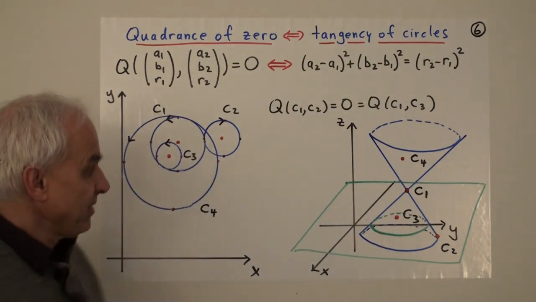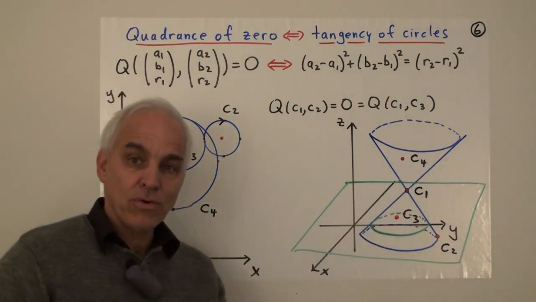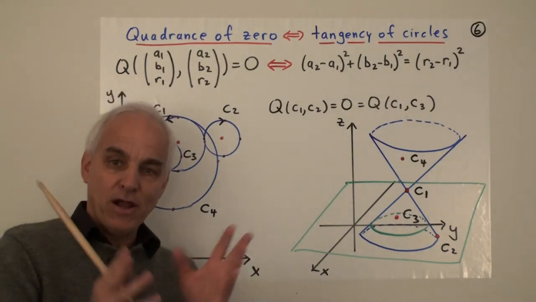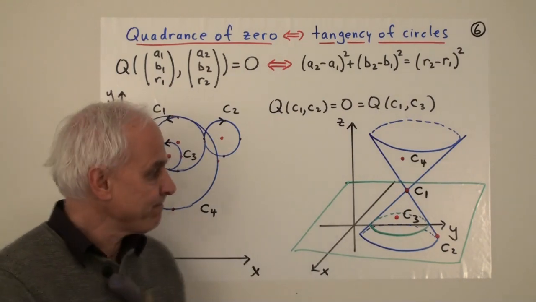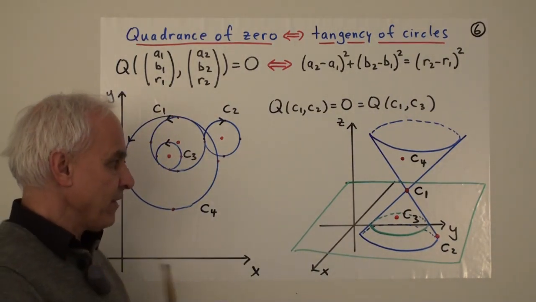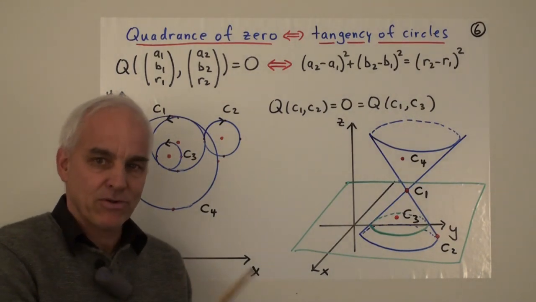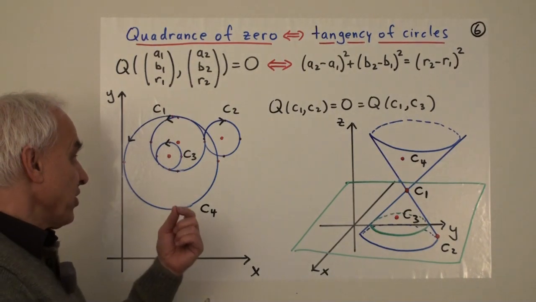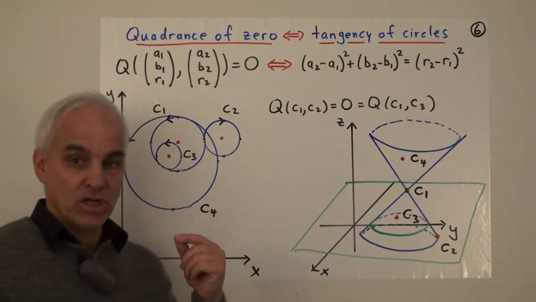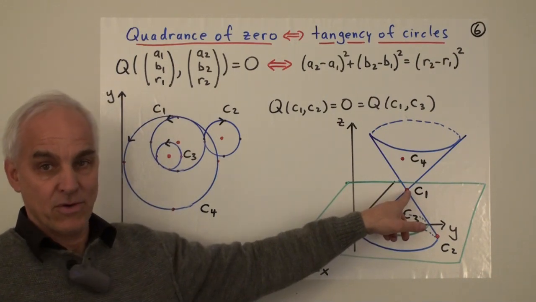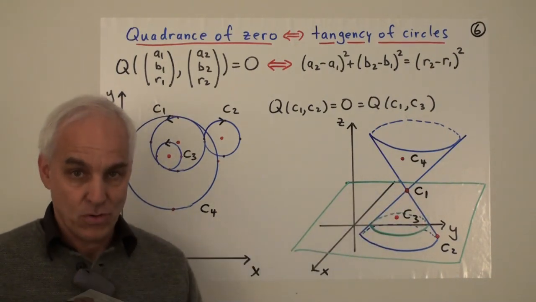So in physics, such a cone is called a light cone. Okay, it represents the motions of photons in space-time. Here we're seeing a very concrete physical geometrical interpretation of that light cone in terms of sine circles which are tangent to a given sine circle, namely to the circle that corresponds to the vertex of the cone.